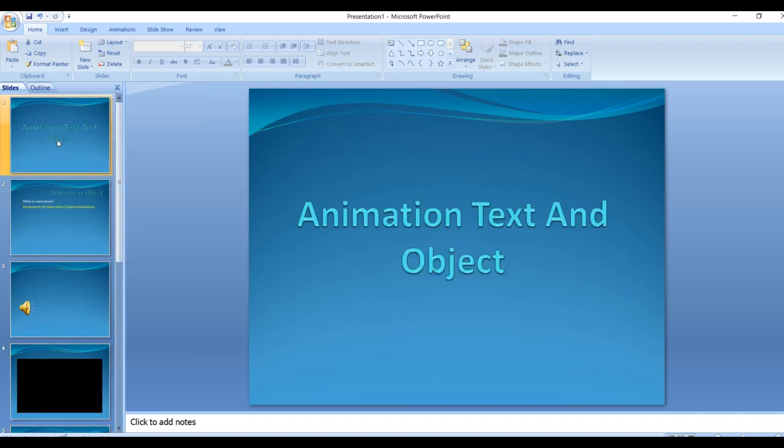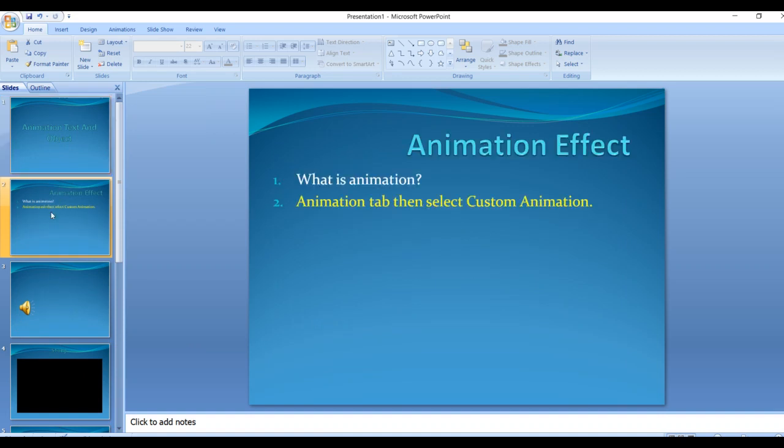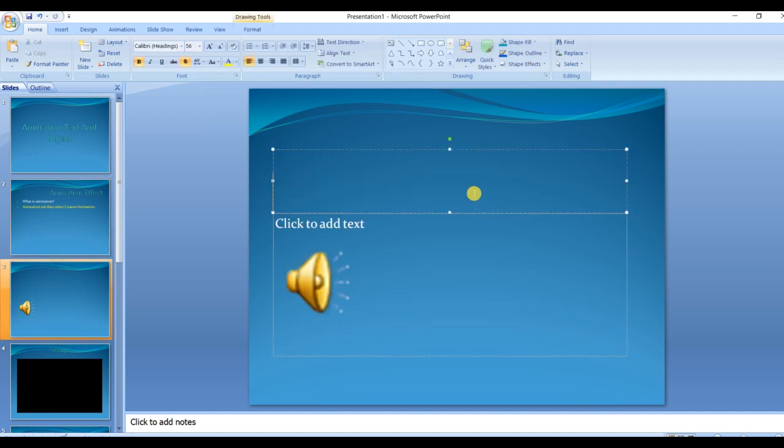We have learned animation, text and object. After that we have learned the transition effect and how to add the animation. The next, how to add sound or audio.